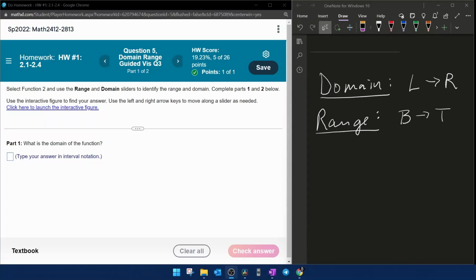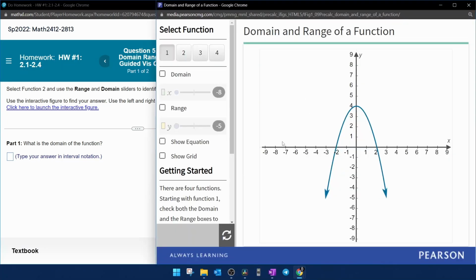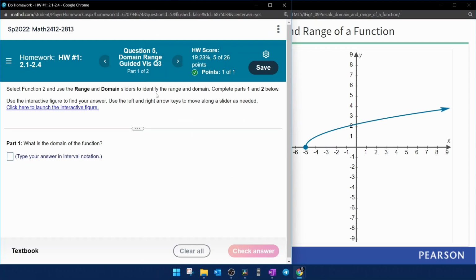Question number 5 from our Precalculus, homework number 1 in MyLab Math. We're going to need to launch the interactive figure in order to answer this question, and that will open a new window. The instructions say to select function 2. So over here we have a set of 4 functions. We need to select function 2, and then we're going to use the range and domain sliders to identify the